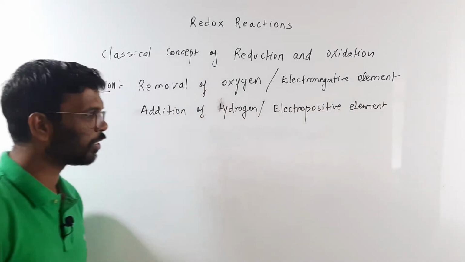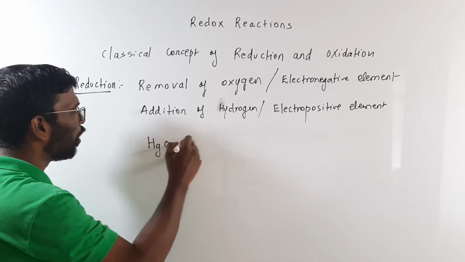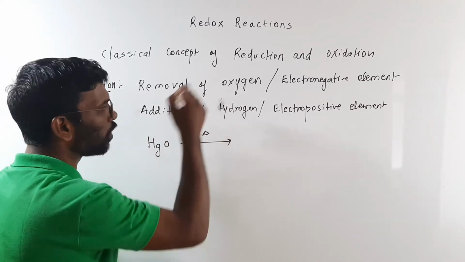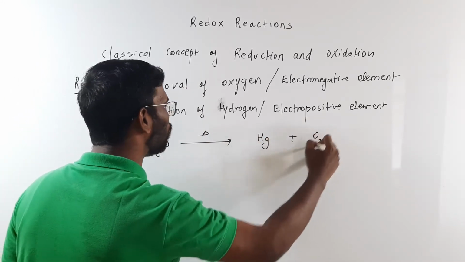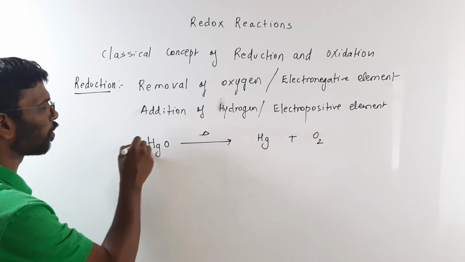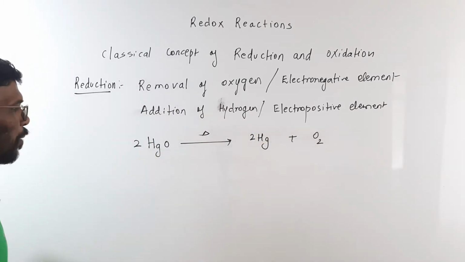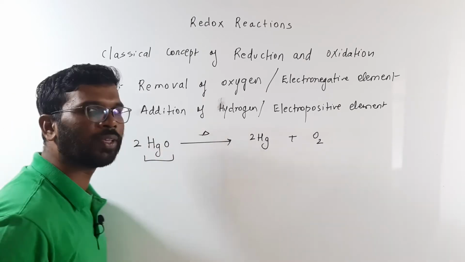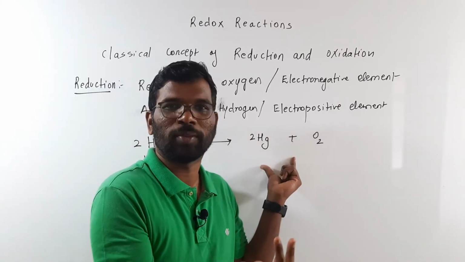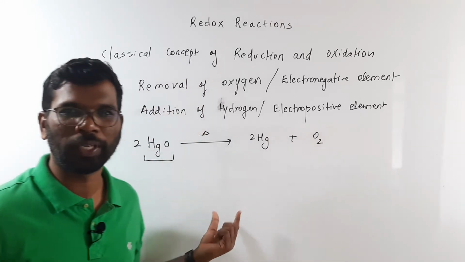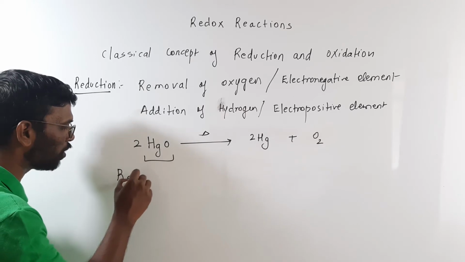Okay, very good definition. Good example we can take is mercury oxide. If you heat this to a certain temperature, mercury and oxygen will be formed, right? So what has happened? There was oxygen with mercury. In the product, there is no oxygen with the mercury. The oxygen from the mercury is removed. So what we can say is that this process is a reduction